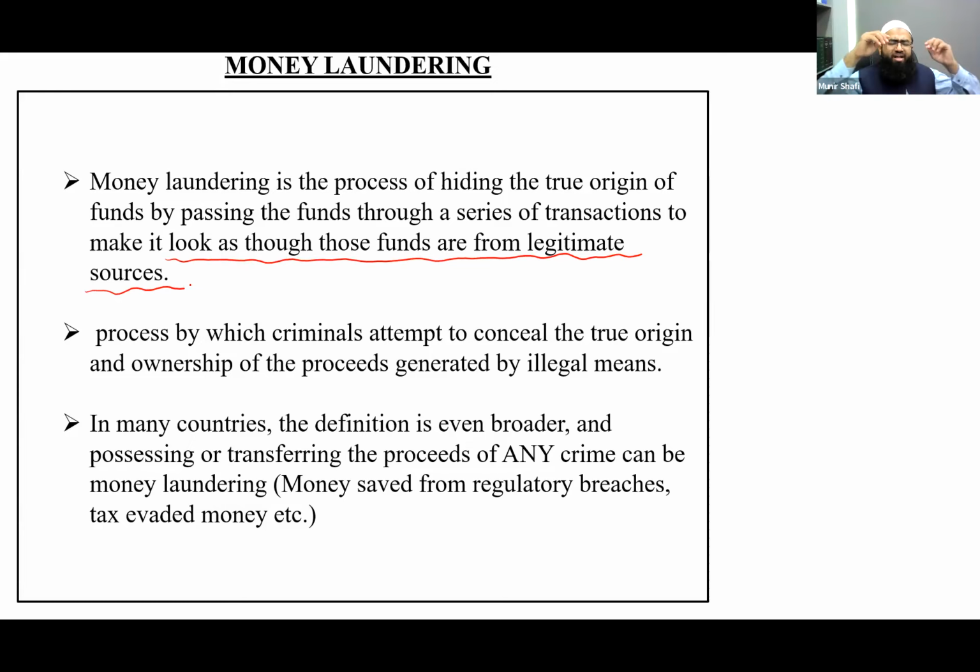Before moving on to this, why is there a need to do this? Suppose I have cash in my hands, and there is no one to ask. I'll not tell anyone that I have $1 million of black money, fishy money, illegal money. Perfectly fine, I'll not tell anyone, because I'm keeping this money in a bag at my home. Perfectly fine. But the problem is, I cannot spend this entire amount in groceries,